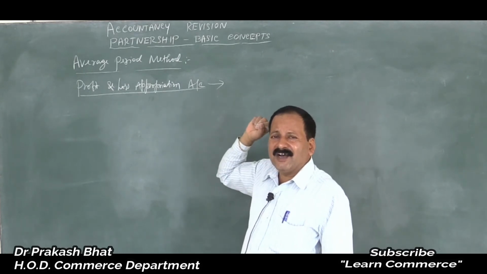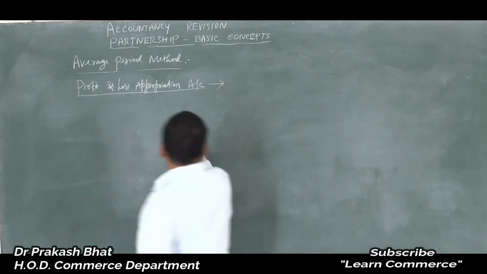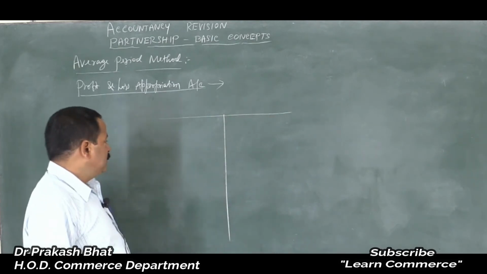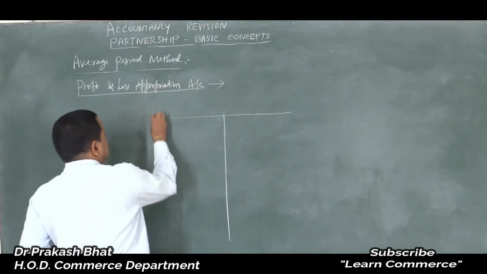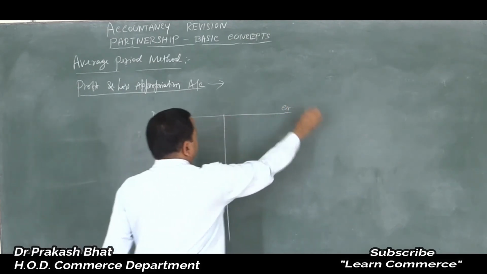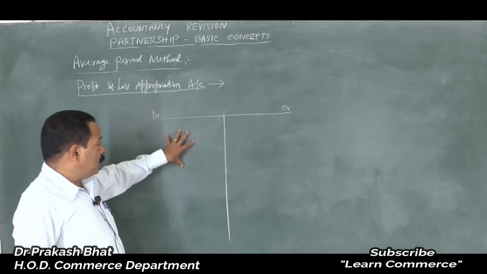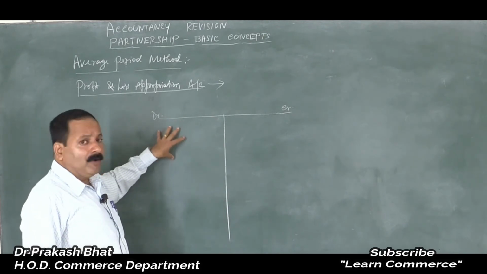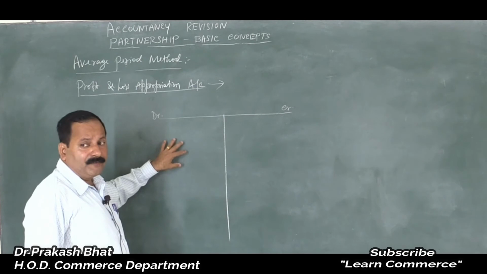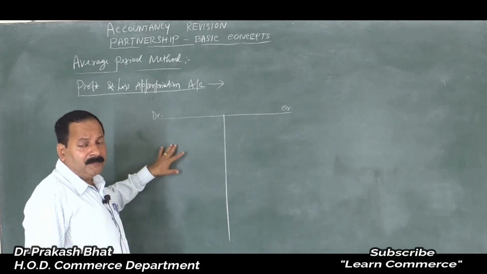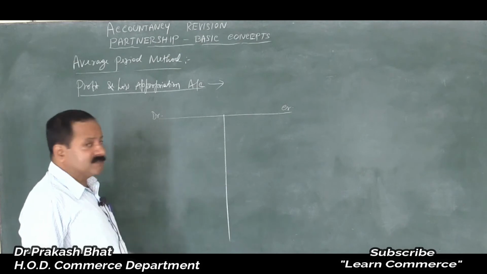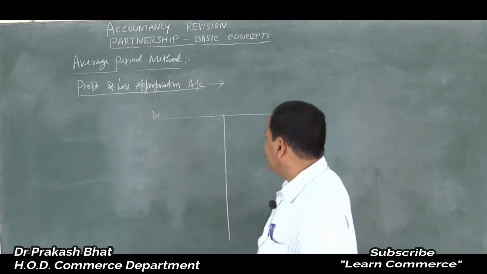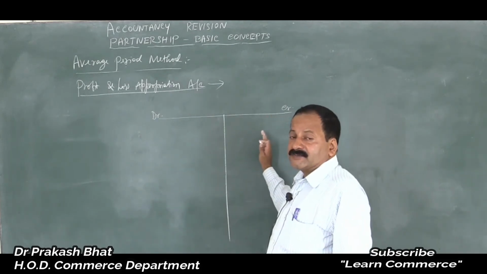And it is just like a ledger account. It is a ledger account itself. That is, it will be drafted in the T form, isn't it? Here, this is the debit side, and this is the credit side. Then we will record all the entries on the debit side and credit side here. Remember, friends, all the amount payable to the partner will be entered on the debit side, and all the amount that is recoverable or receivable from the partner will be entered on the credit side.